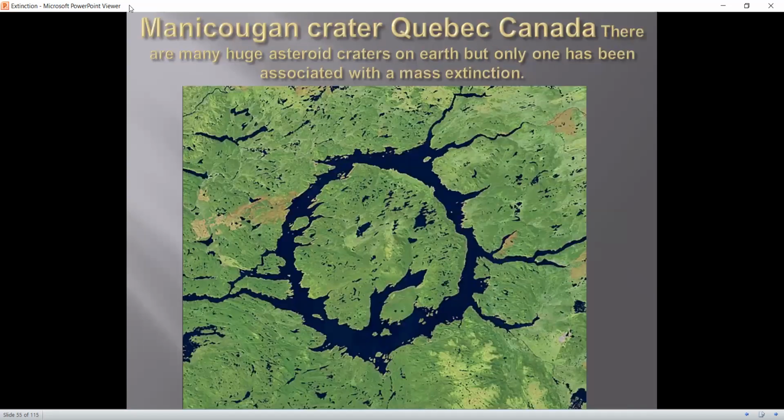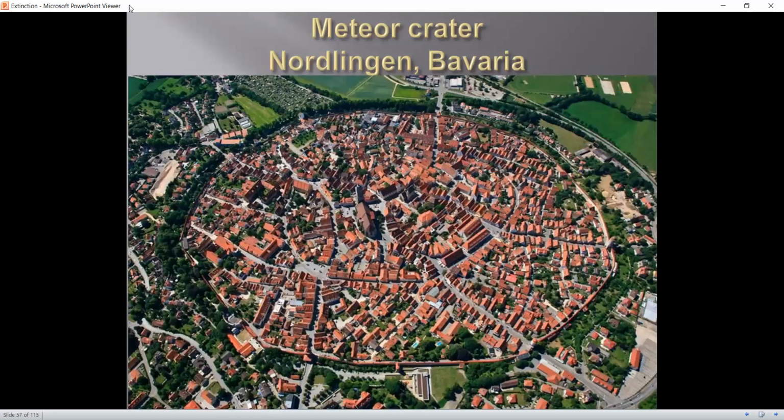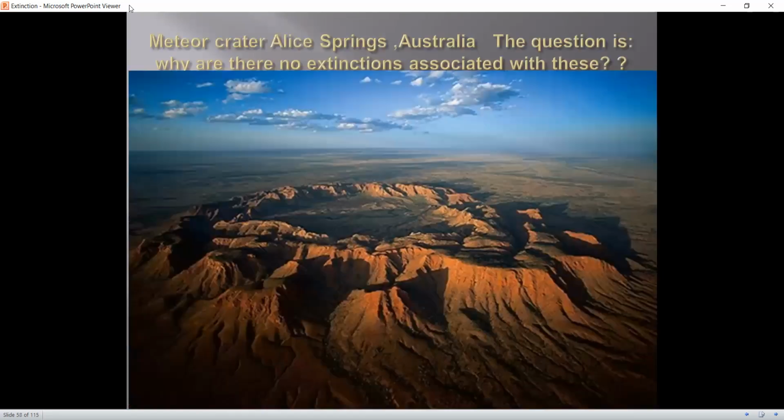This is one in Canada, Manicouagan. These are meteor craters. One in Arizona, most of you know about that one in Arizona. Here's one in Bavaria where they built a little community. That's the rim of the crater there in Bavaria. At least that's how it's been interpreted. Actually, that one's about 20 miles apart. That's just big. Okay. It's round because that's a medieval wall. They built the wall on the berm. Okay, this is one in Alice Springs, Australia,